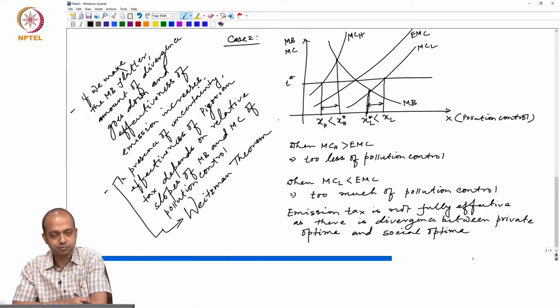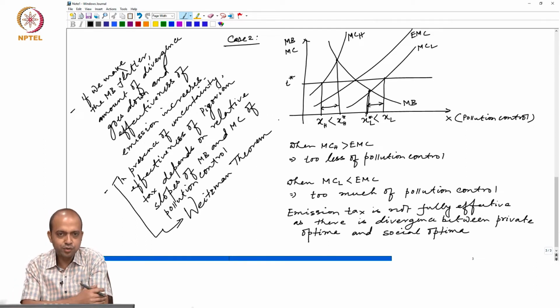MB and MC curve. When the MB is a flat straight line, then it is fully effective. When it is a steep downward sloping curve, then it is not fully effective, there is divergence. And if we make the MB curve flatter, if we rotate the MB curve clockwise, then again the divergence goes down, effectiveness increases, and again at the extreme when it again becomes a flat straight line, the emission tax becomes fully effective. So, it all depends on relative slopes of the MB and MC of pollution control,